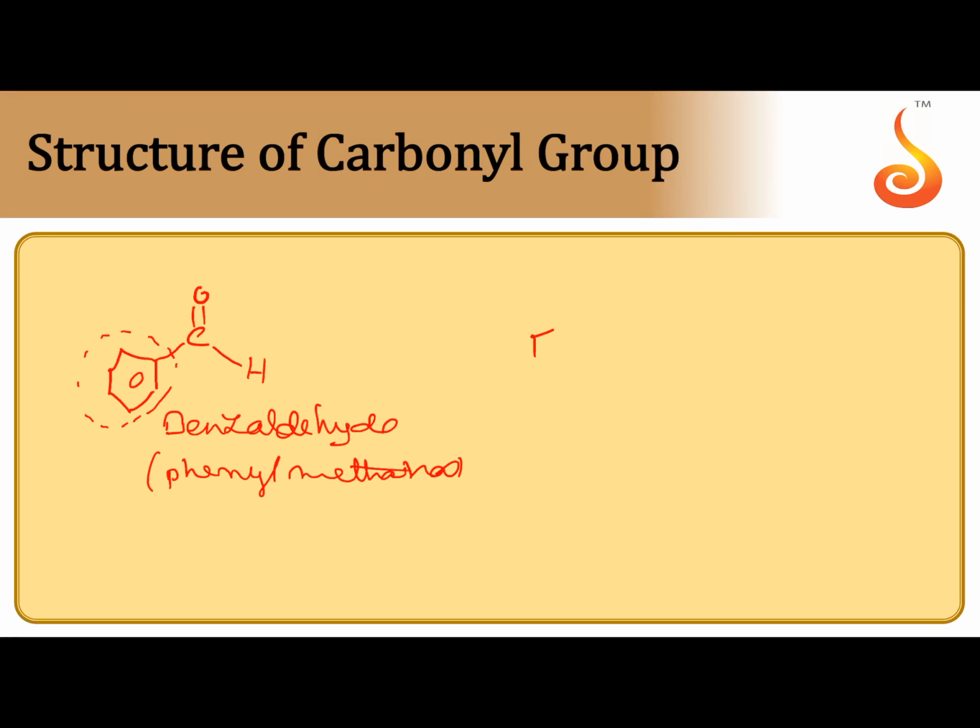Coming to ketones, if on the other side of the CO there may be an alkyl group or an aryl group, any one may be there. This is an aromatic ketone, where the CO of the ketone group is directly attached to an arene ring. So alkyl aryl ketone,